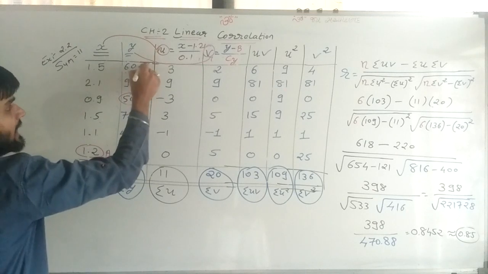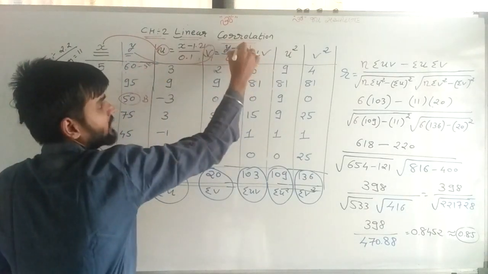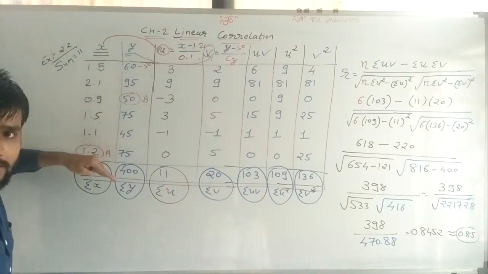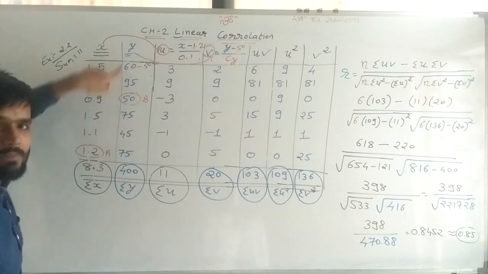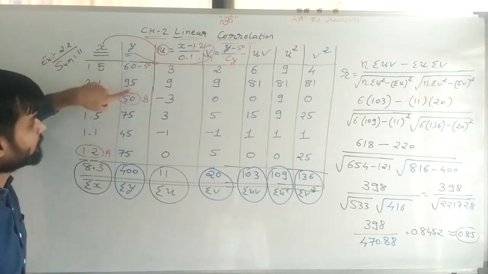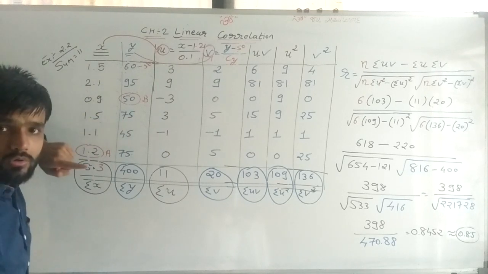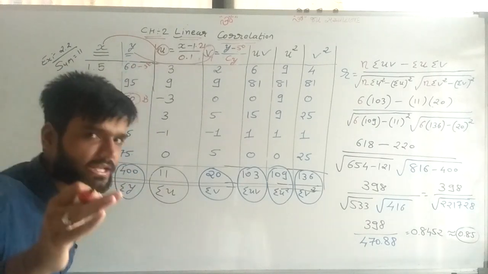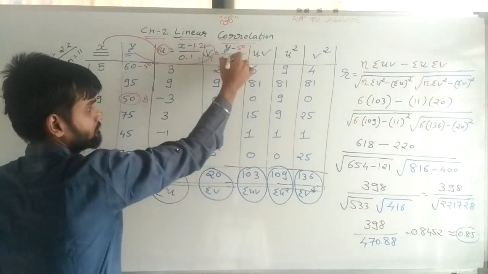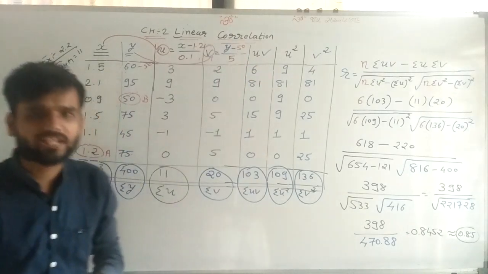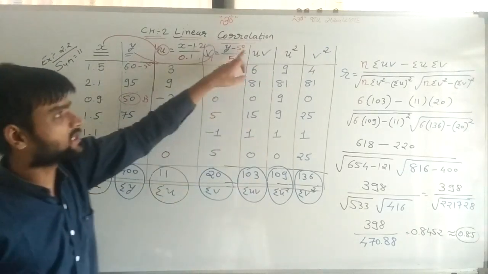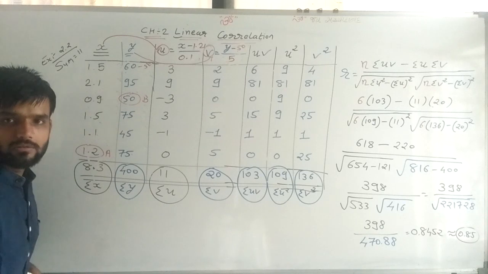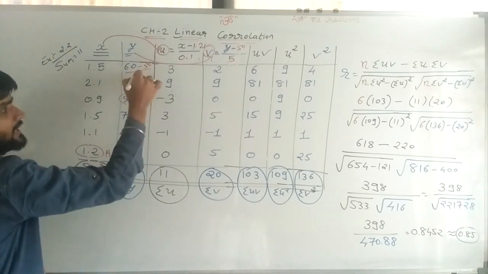So 60 minus the assumed value 50. Here we are considering the assumed value as 50. Now divide by what? All the values we can see here can be divisible by 5, because the last digit is 0 or 5. 0, 5, 5, 5. So we can understand easily that all the values are divisible by 5, and that's why we are dividing by 5. So from all the values of y, we are deducting 50 and